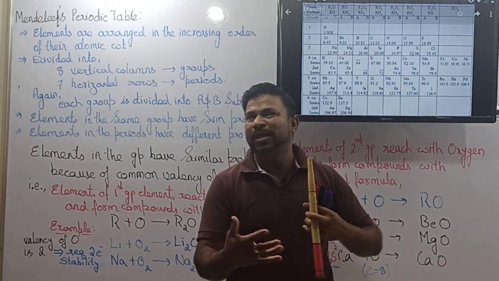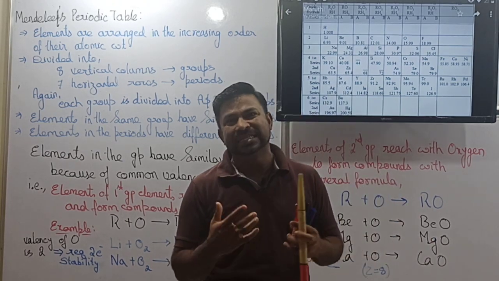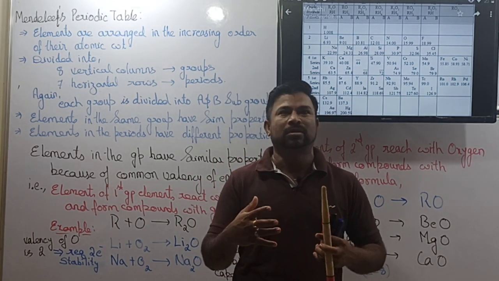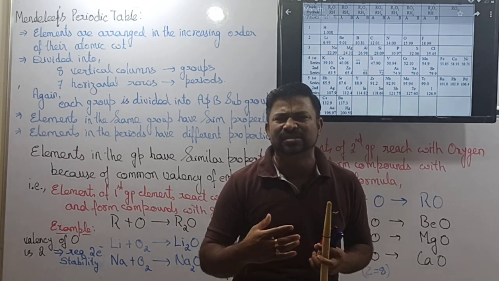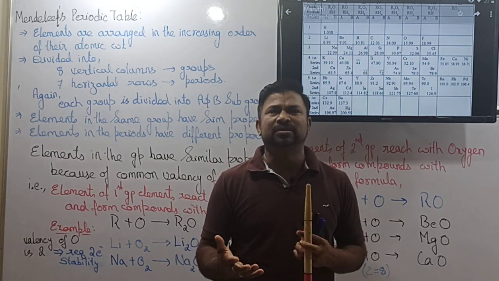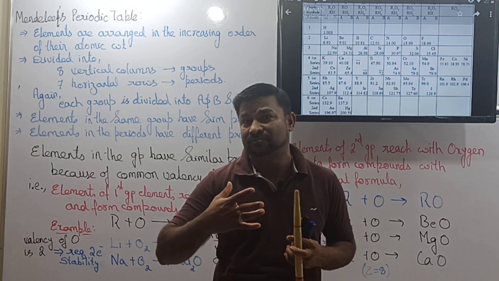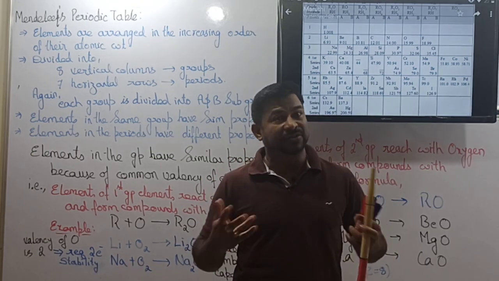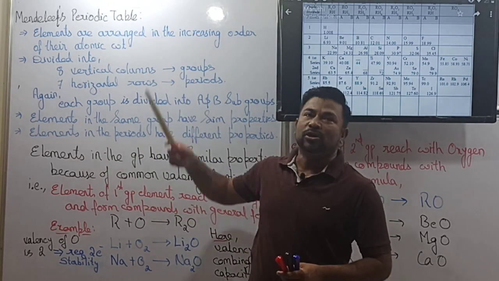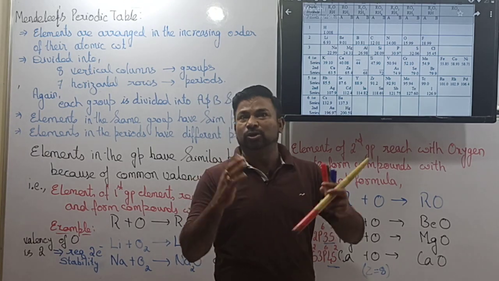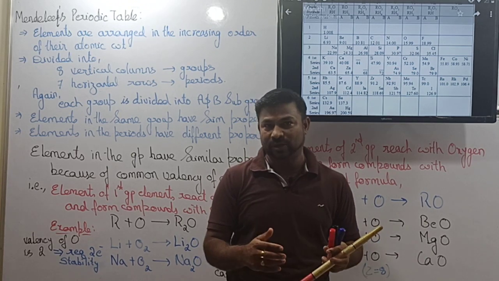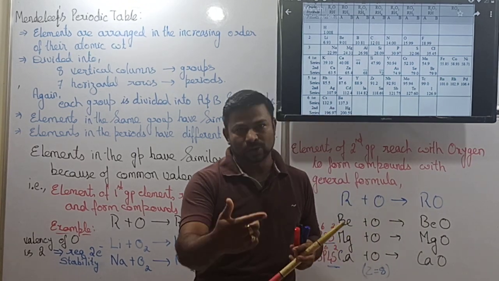Right. So before explaining how the elements in the groups get combined with oxygen based upon their valency, let me briefly tell you regarding the arrangement of elements in the groups and columns, and their properties, similarities and differences according to Mr. Mendeleev's periodic table. Let's go in here. In the Mendeleev periodic table, as you can see on the screen, the total elements available at the time are arranged in the form of periods and groups. But one speciality is there, that we are going to discuss later on.